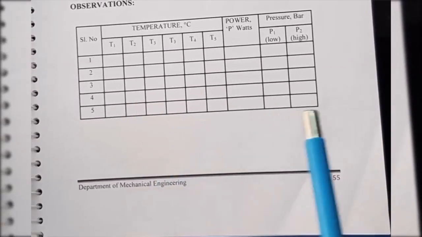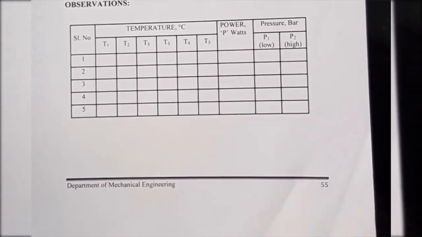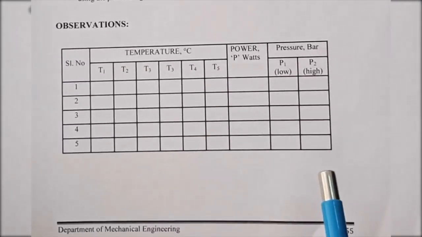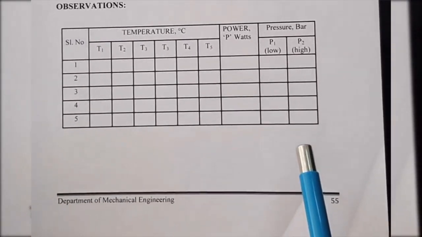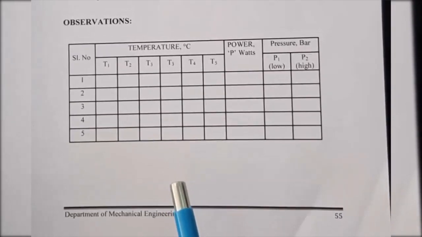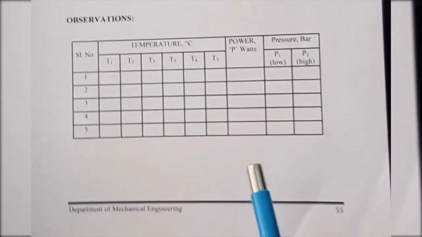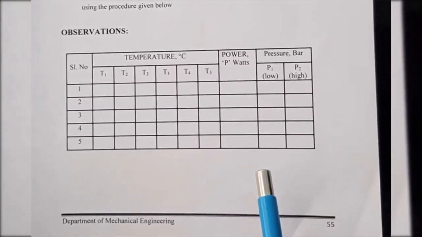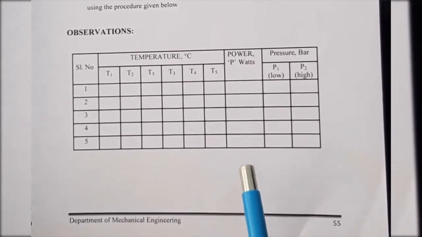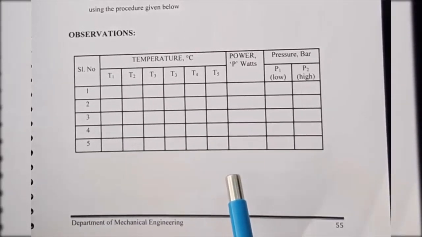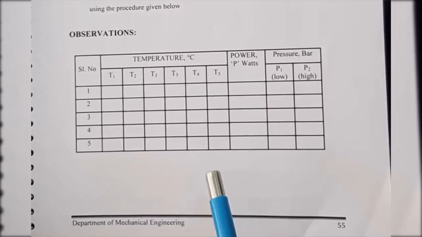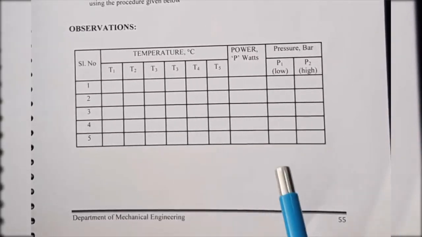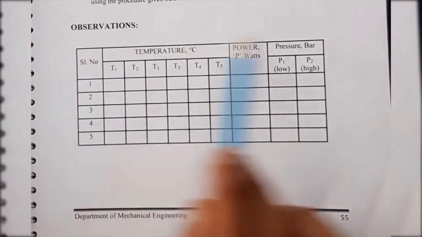We got the data from the experiments conducted, electronically through the panel. Now we will calculate the obtained data by theoretical means, and we'll compare the theoretical values with the experimental values and get the COP value. To look at that, we have an observation table.